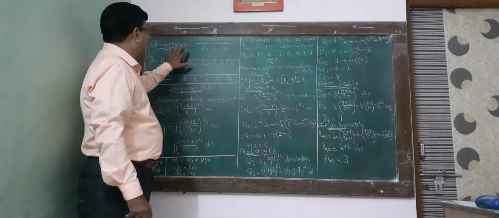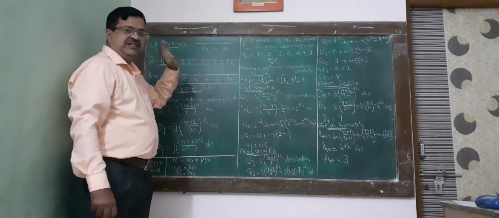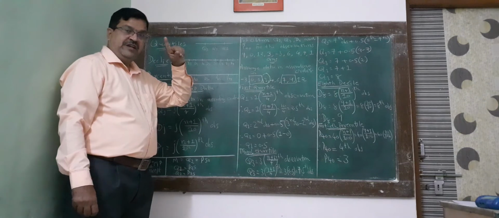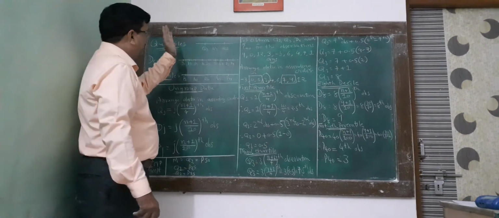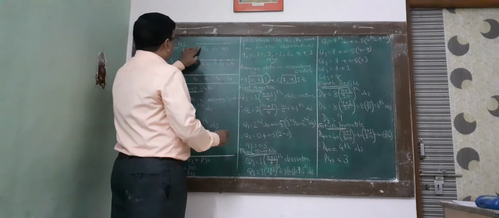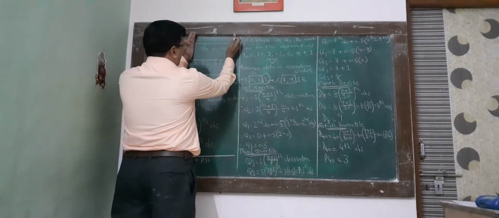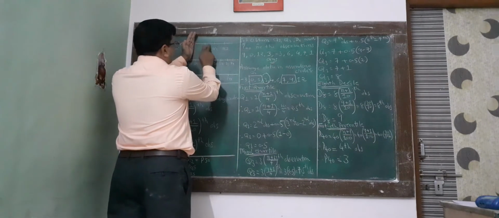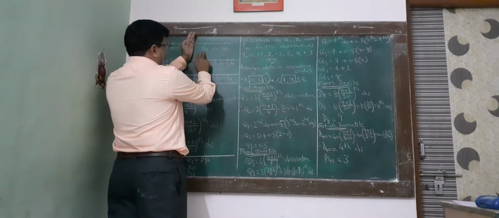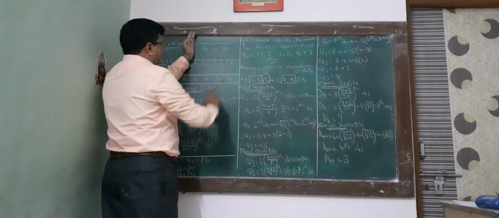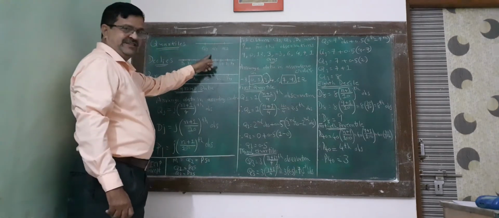At first, quartiles. What are quartiles? Quartiles mean dividing the data into four equal parts. So you have to make four equal parts of an object: 1, 2, 3 and 4. So you have to calculate three quartiles, Q1, Q2 and Q3. So there are three quartiles.